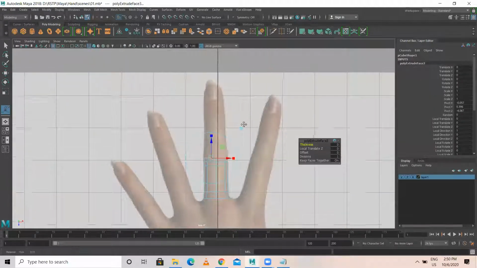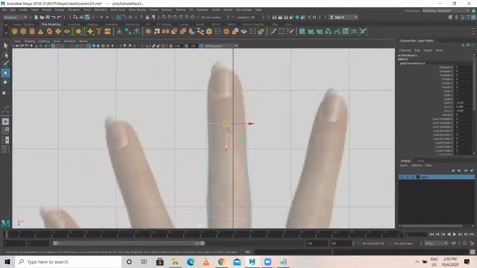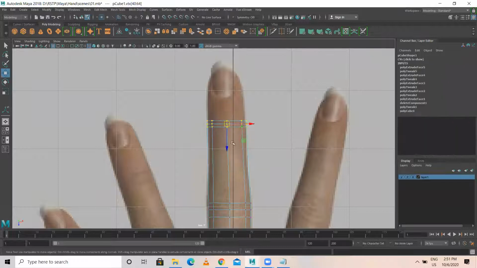So extrude this directly from here, move to here, the front knuckle part. See on which area the finger will bend, no? Those area 3 mesh are required. The knuckles area. Okay. So like this, one, and I extrude this over here. I extrude one more time over here, over here. This will come here.